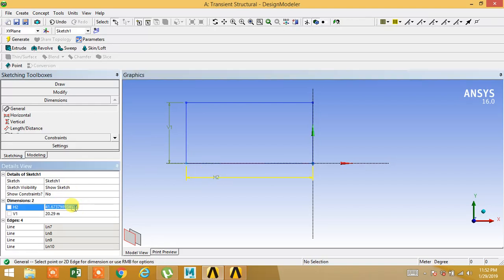This is 8 meter. This is 20 meter. Okay. Draw line.